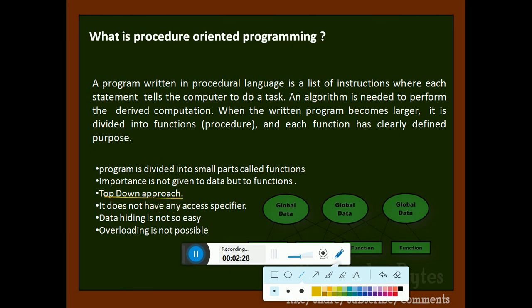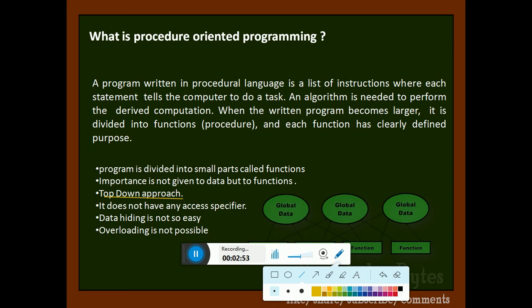Top down approach is actually known as a stepwise approach, where a bigger program is broken down into subdivided parts. Meaning, in this program the programmer first focuses on the global section, that is the main function,